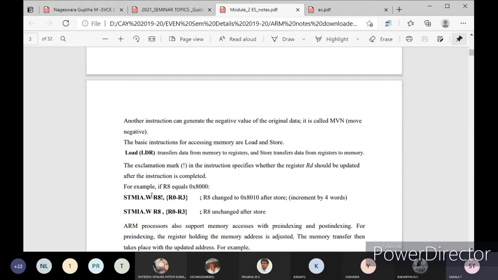Here one example is given: STMIA.W R8!, {R0-R3}, that is the value in the bracket. R8 is changed to R8 plus 0x10 after the store, incremented by 4 words.